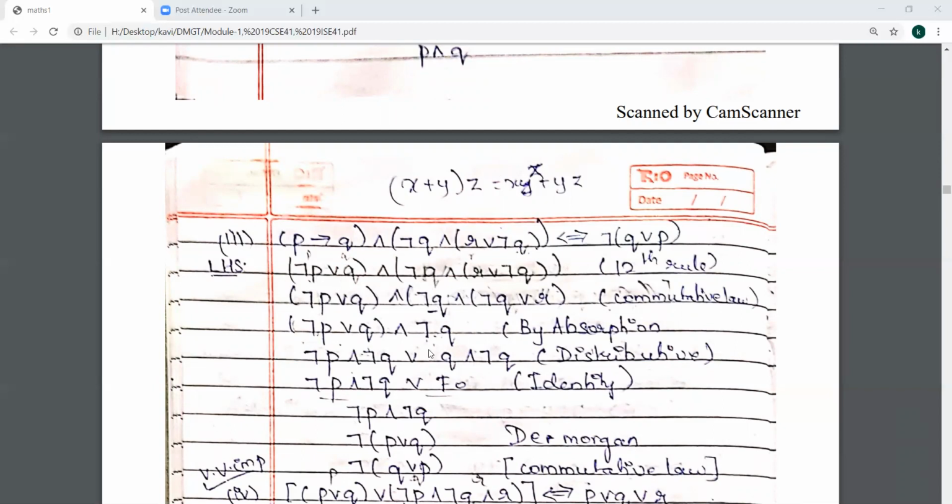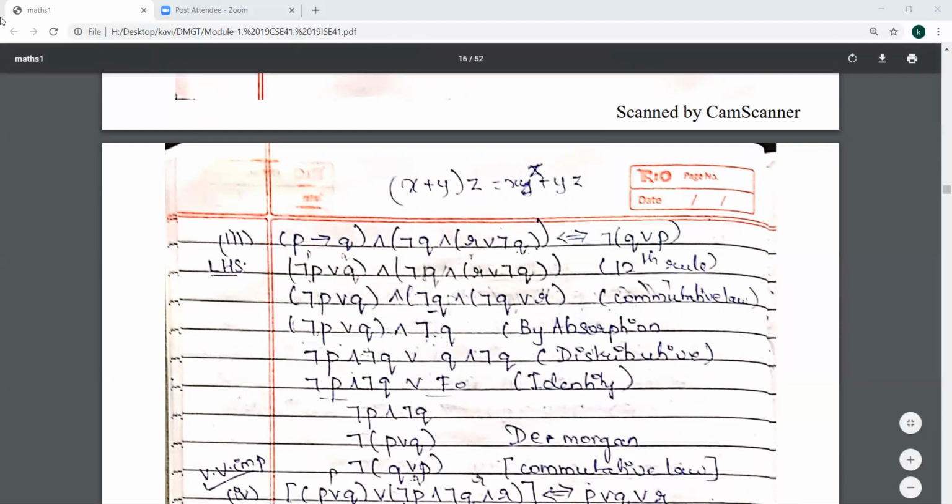Next step, I am going to use absorption law. See here, the left side, three propositions are there, P, Q, R. But what I want on the right side is only P and Q. So I need to eliminate R. So I need to use absorption law. See this term, I am going to use absorption law. Here negation Q appears twice. So by absorption law, I can write negation Q and negation Q R is negation Q. This is by absorption law.